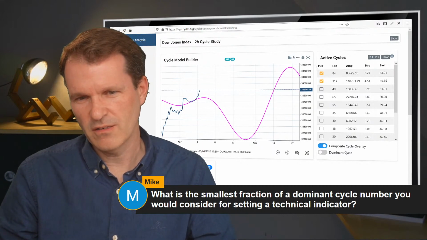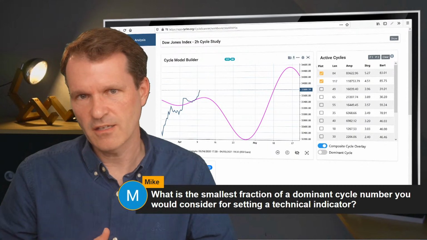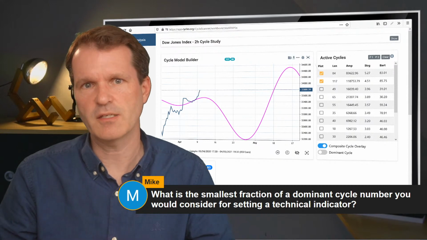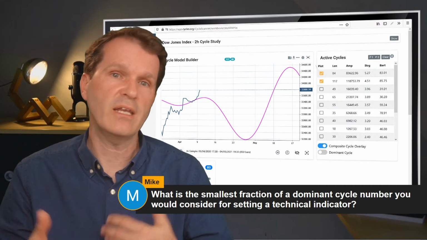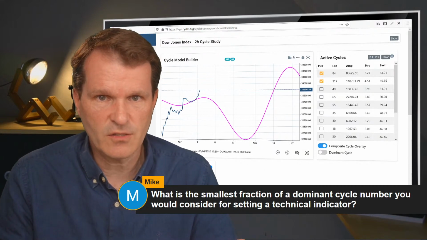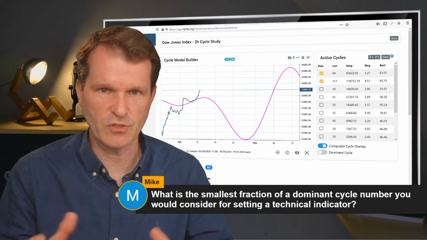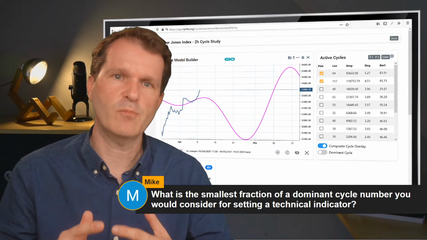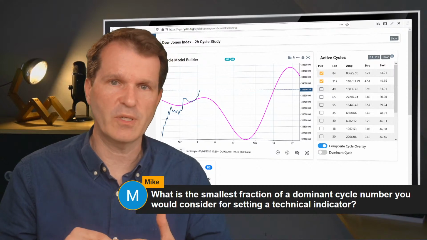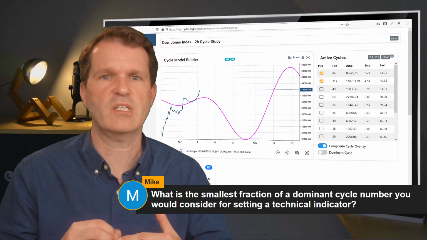Never higher than the fourth harmonic in this case, because it will be too small, or at least you will get too many whipsaw signals on the chart again, which will not help you. So I like the second harmonic to use, or the half of the dominant cycle, maybe the third of the dominant cycle, but